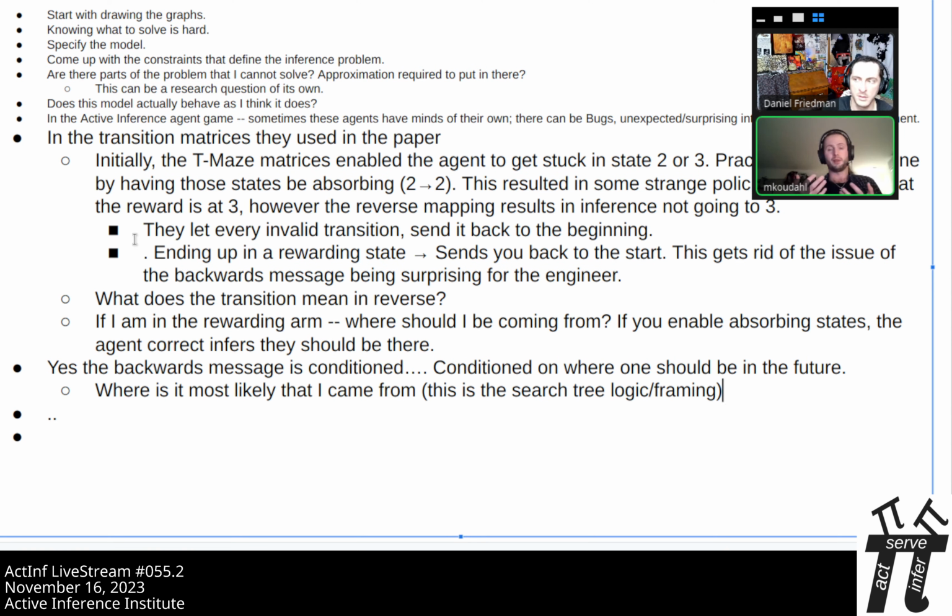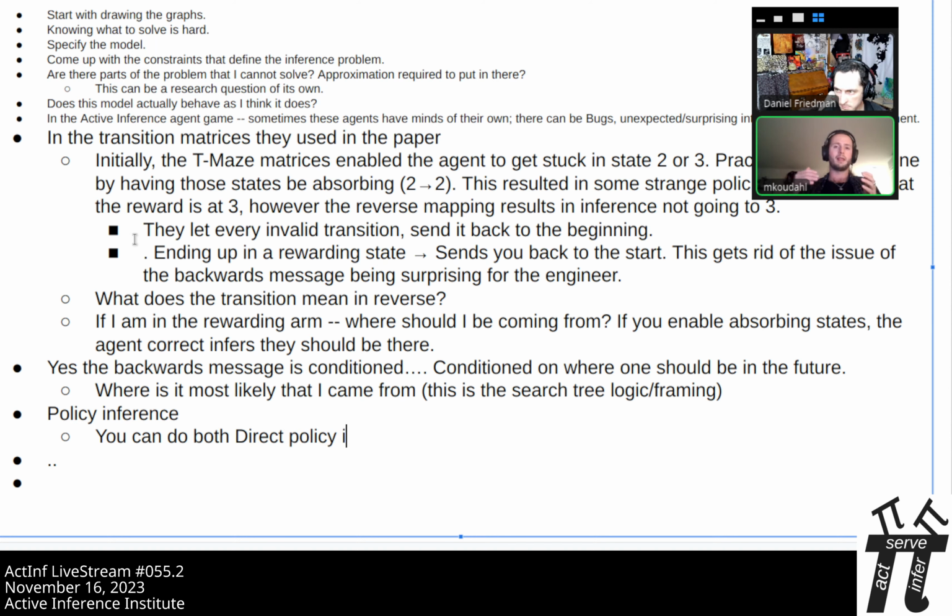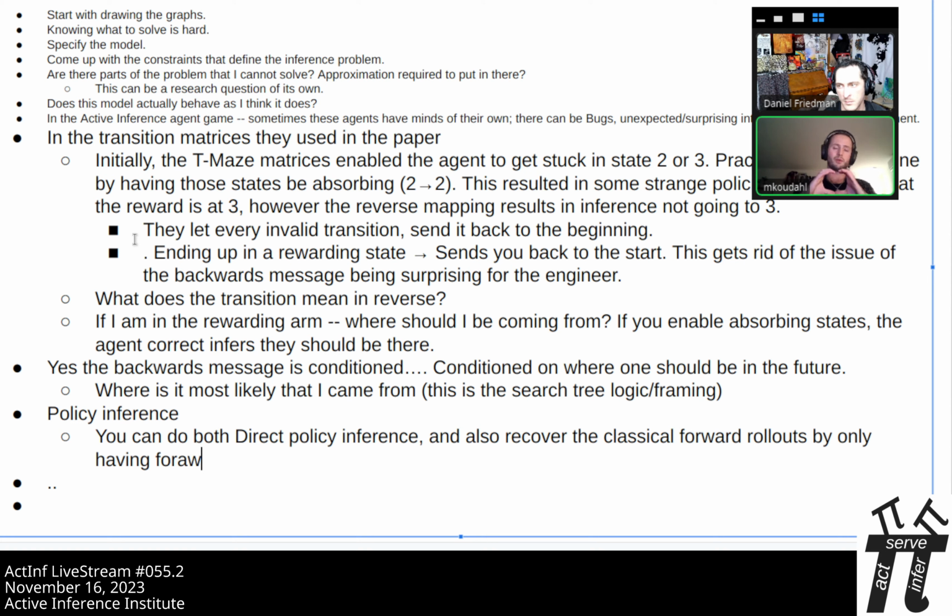I like to do direct policy inference because it feels like the right way to go. But one of the things we do in part 1, and to an extent demonstrate in the experiments in part 2, is that you can recover these forward rollouts, these classical algorithms, as special cases by only passing messages forwards. Because when you have these p-substituted goal observation nodes with your mean field constraints and everything, the energy terms of those nodes end up being equal to one term in the EFE of the matching policy.